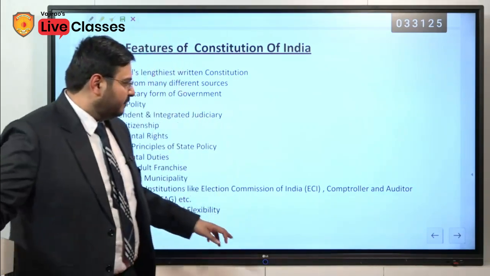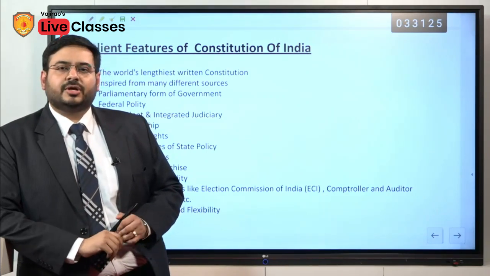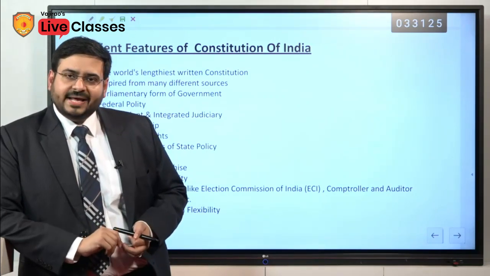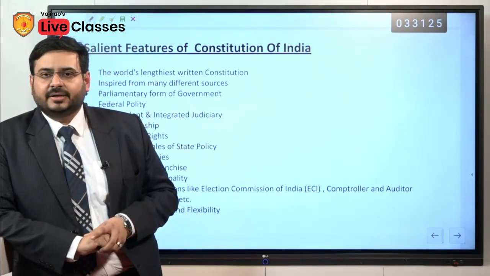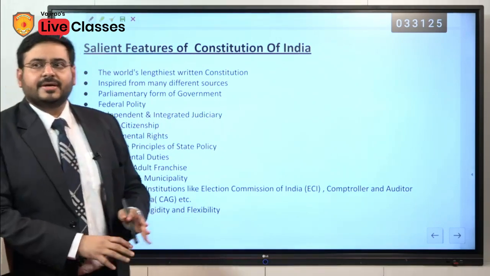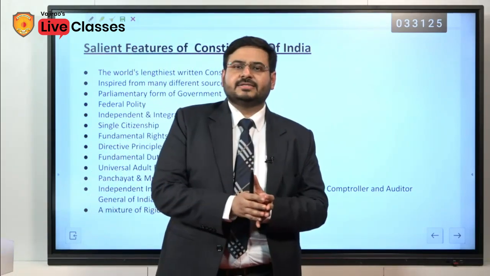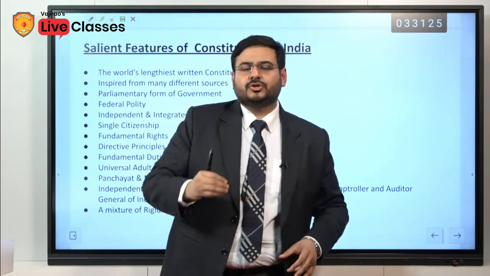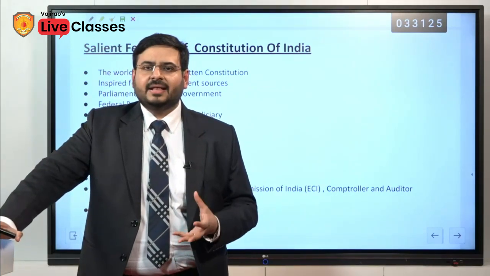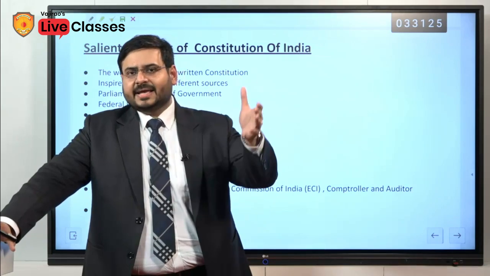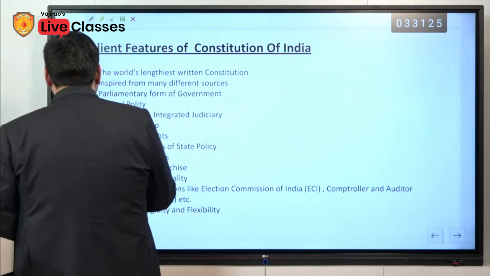Now, as I have mentioned before, the Constitution of India is the lengthiest written constitution in the world. Why written? Because there are other constitutions which are unwritten. Next, this constitution is not only made by the Constituent Assembly, rather it is inspired from various constitutions also. The Constituent Assembly sat, deliberated, and gave us this constitution by taking various things from various countries. For example, from UK